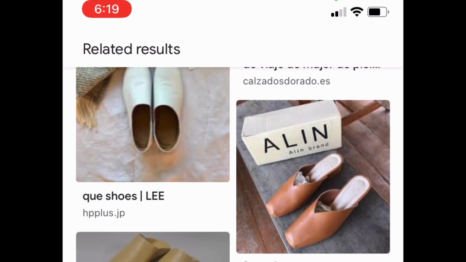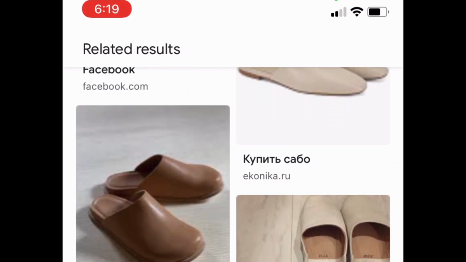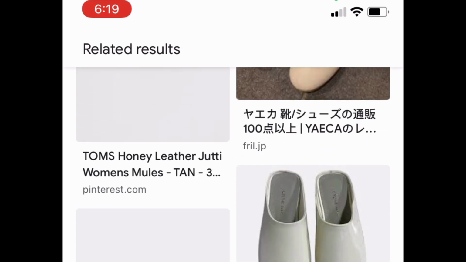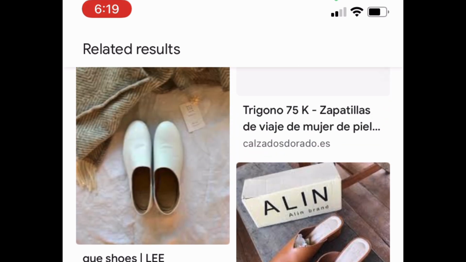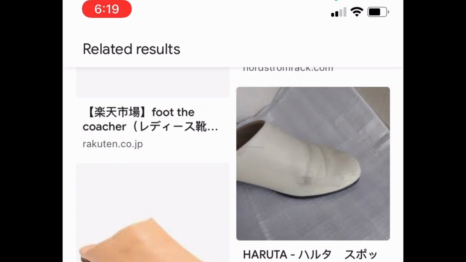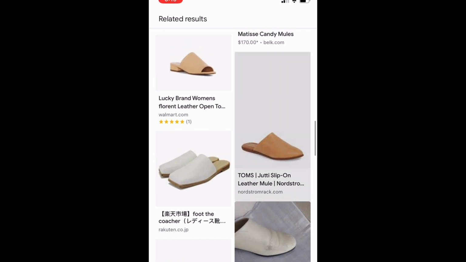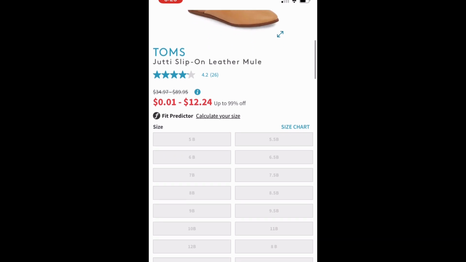I love getting the information from Nordstrom Rack because it gives a full description. So I will probably see what else is out there, if it brings up any eBay or Poshmark listings or any other department stores, and I will choose the one that I want to go into and look further for information on that shoe. So I scrolled back up to the Nordstrom Rack listing because I know they are a